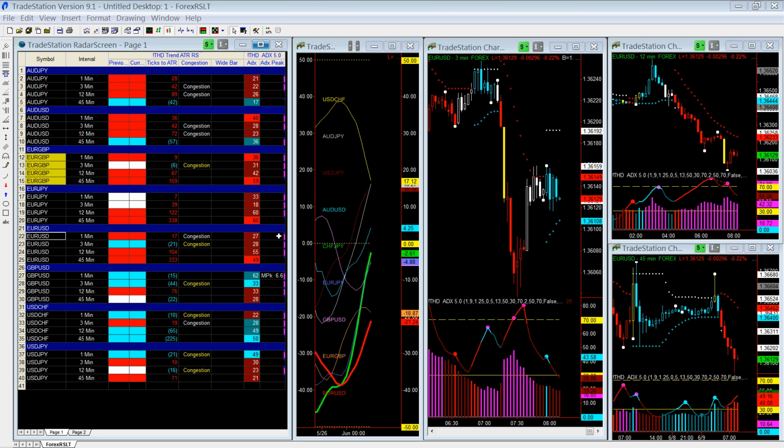Then we have the ADX peak column. For example, right now on the British pound, I just said that more than likely we're going to get a magenta peak on the British pound US dollar. Okay. You see that the magenta peak just came in. Okay. So this tells me it's probably going to retrace back to the ATR, and the ATR is about 24